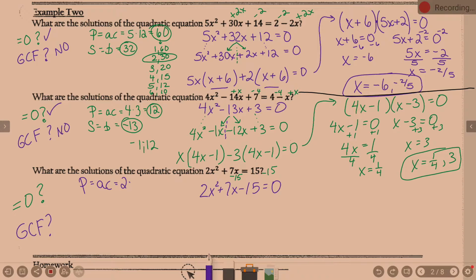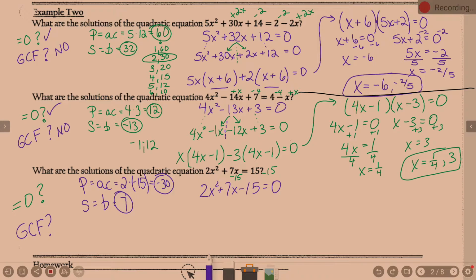What's C? A number. Negative 15, the number added or subtracted at the end. So 2 times negative 15 is negative 30. And a sum of 7. Well,